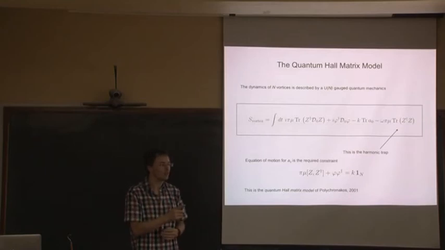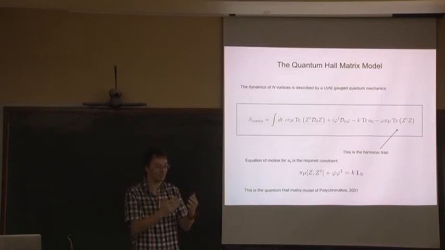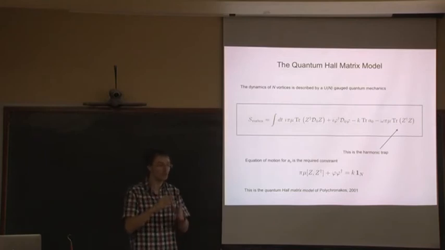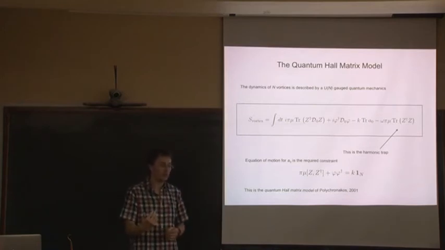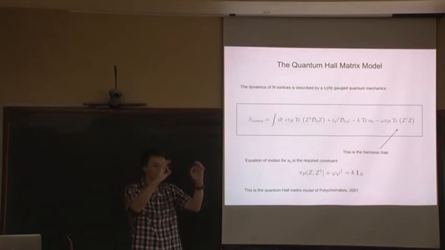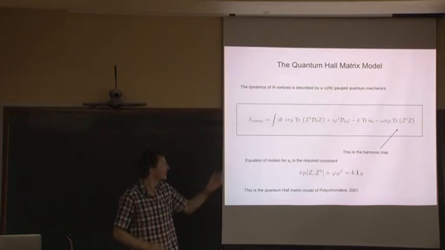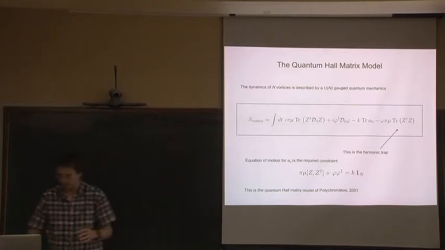It's worth pointing out that if you read lots of the quantum Hall literature, they stress that the interactions between electrons are exactly what's giving rise to the fractional quantum Hall effect, and they pretend that it's the Coulomb force. That's not quite true, because there's a class of toy models that Haldane wrote down called pseudo-potentials, whose ground states are exactly the Laughlin wave functions. But those toy models have the property that there are no forces between particles until they sit very close to each other, so they're sort of like delta function forces. This is a little bit like that, in the sense that there are no forces. But what interactions there are come from the non-linearities of these vortex equations. So it's a little more subtle.